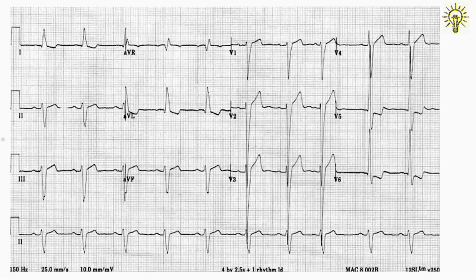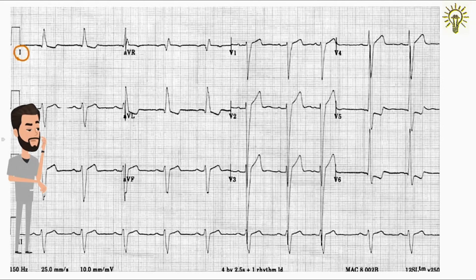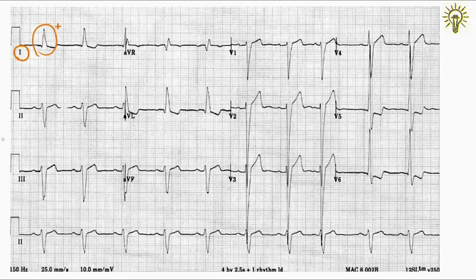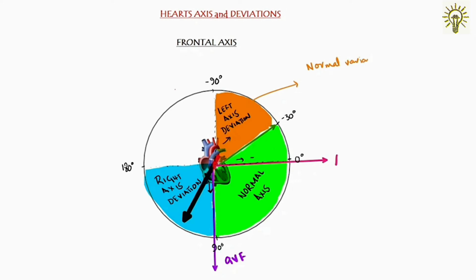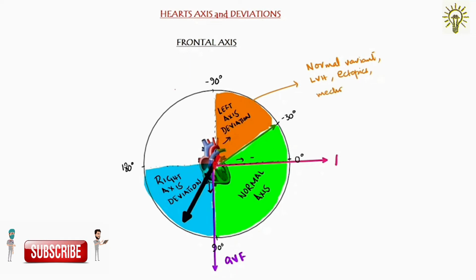Let's see this on a 12 lead ECG. In this ECG, you can see a positive going lead 1, but in lead AVF, the QRS complex is downgoing. So, a left axis deviation. In a normal ECG, both the leads will have upgoing deflection. Left axis deviation can be a normal variant or due to any disease causing left ventricular hypertrophy or displacement such as